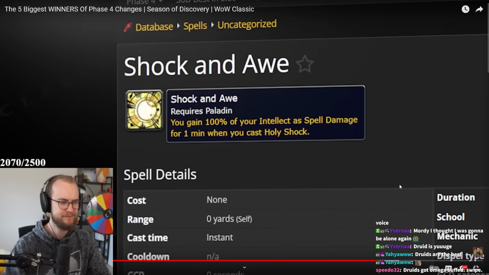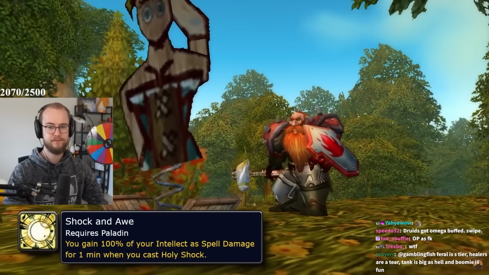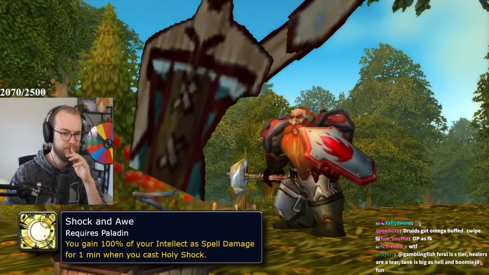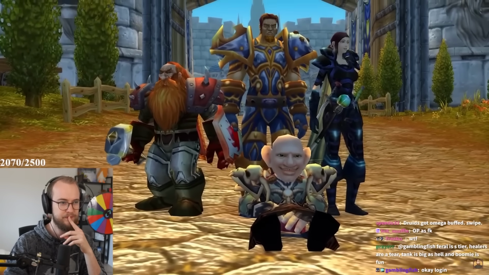This Shockanor rune makes it so when you use Holy Shock, the Paladin gains 1 additional spell power per point of intellect for 30 seconds on use. That is going to be a massive extra amount of spell power, and I can see certain builds basically being built around this rune. And the last class I want to mention is, well, not really a class, it's a